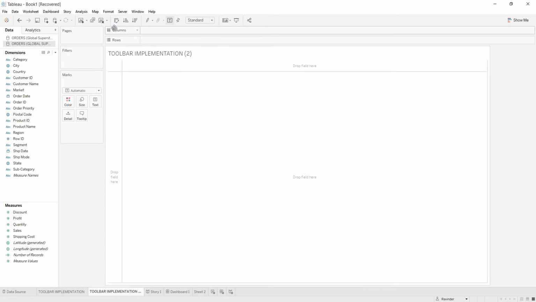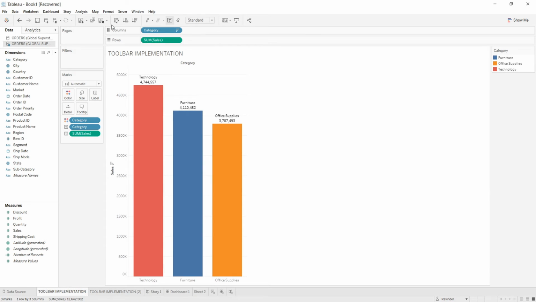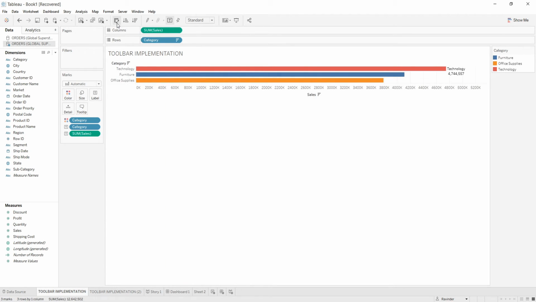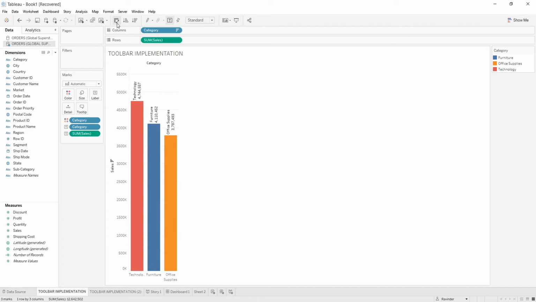By clicking on this, our full sheet will be cleared off. Then the next portion of the toolbar is to visualize data in a better way. Here, first we have swapping rows to columns and columns to rows. While clicking on this, the visualization converts from rows to columns and columns to rows. Similarly, clicking over it again, it comes back from columns to rows and rows to columns.